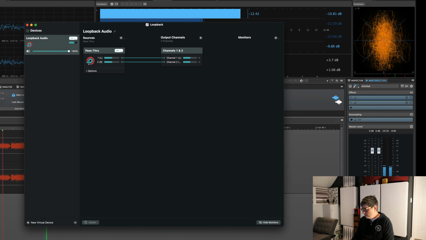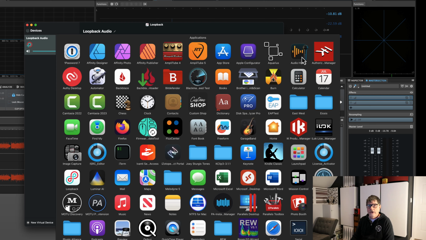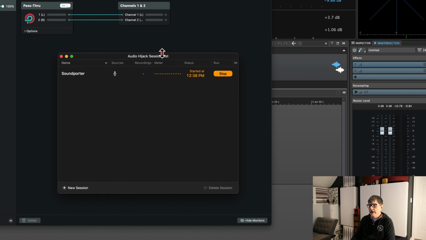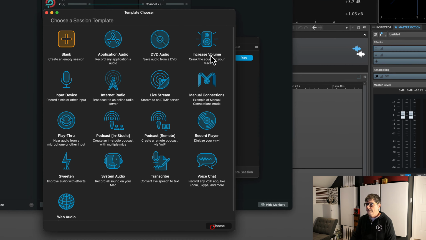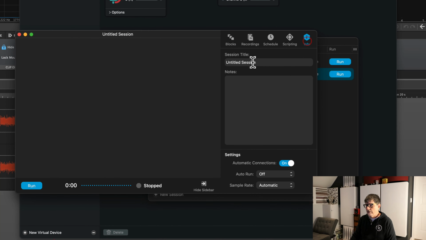And I'm going to use another program, also from Rogue Amoeba, called Audio Hijack. Audio Hijack is a neat little program that can hijack audio from any application or any other output source, and basically anywhere from inside the system. What I want to do is stop that session because that's my normal session. I want to start a new one. We'll use a blank template. Okay, I'll go under here, under Info, and I'll name it